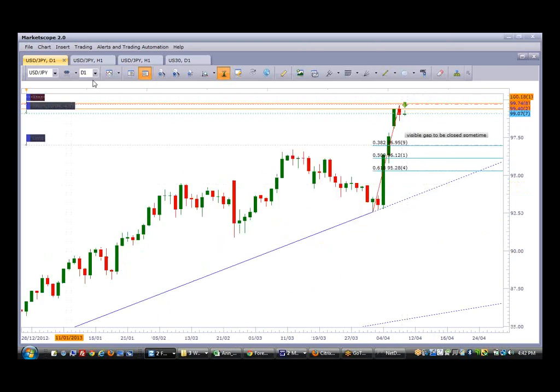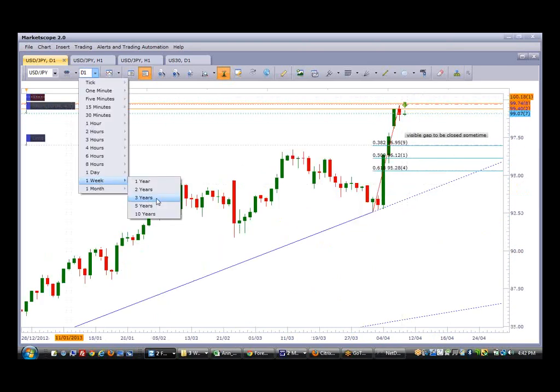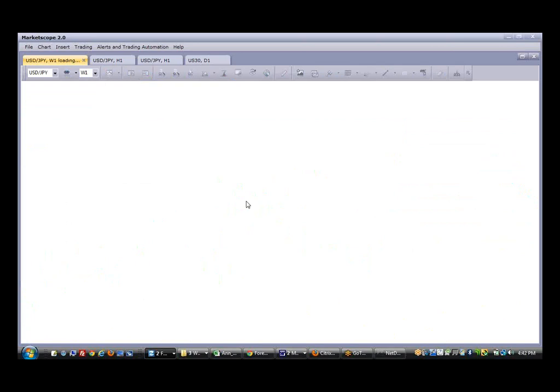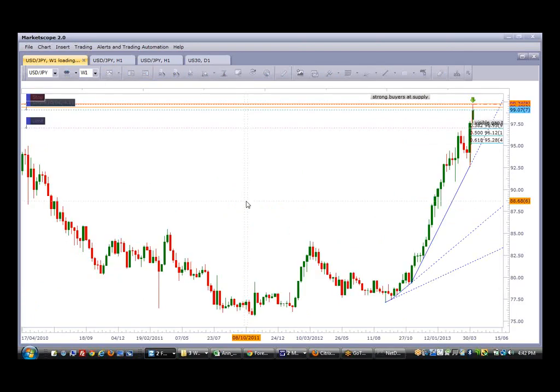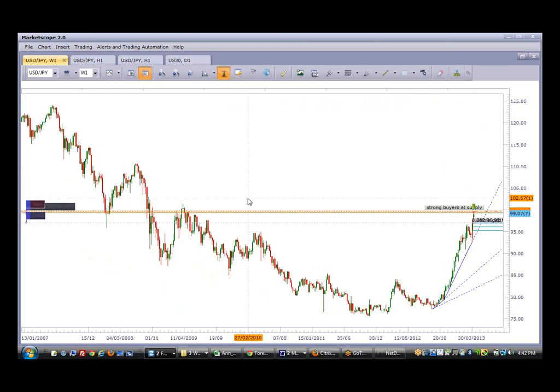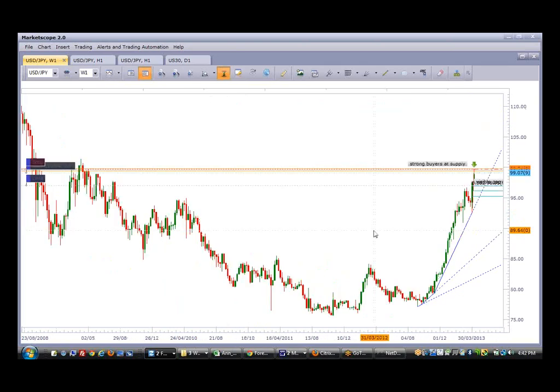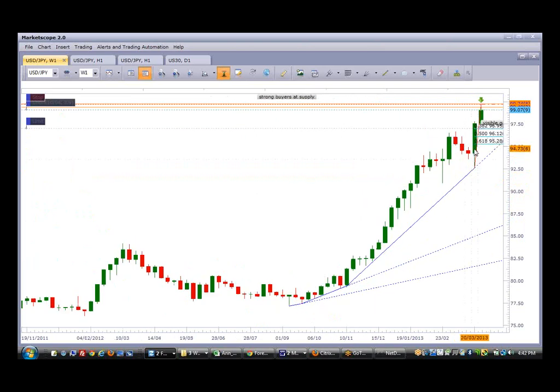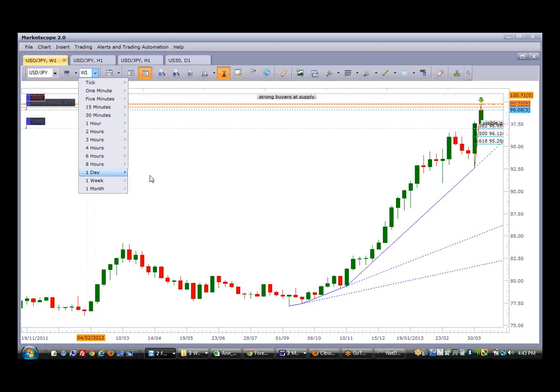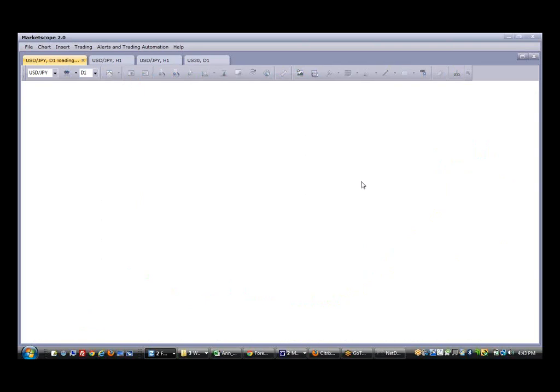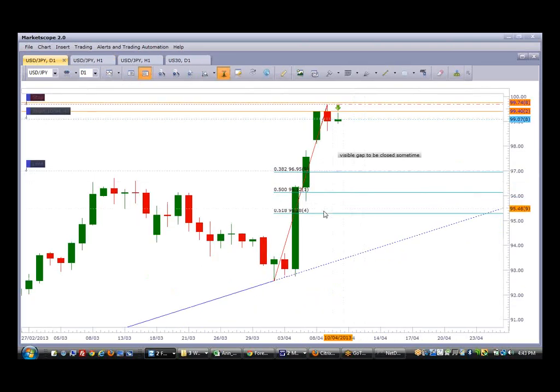If you also look at the weekly chart, just want to show you where the supply level is, because it's actually at a very good supply area. And what we can see is that sellers at the moment are resisting the supply area here. Now on the weekly chart, it's also showing that the buyers are very strong and there's no signs of weakness, but our trade today is a short trade for a retracement to the downside. So that's our trade today.